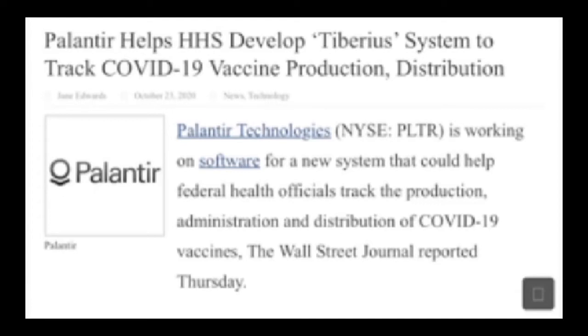The problem with the database is that they have created it under the auspices of, we need to know what vaccine was given to the individual, and we need to know when they're due for their second shot. So basically, if Bob gets his first shot and it's the Pfizer mRNA vaccine, and then 2 weeks later he's in Connecticut on business and he has to get his second shot, they want the hospital in Connecticut to be able to look up Bob's record, see that he got the Pfizer shot so that they can match it and give him the Pfizer shot for his second shot. That's the concept. Now, because of this, they had a company called Palantir, which we've actually talked about on this